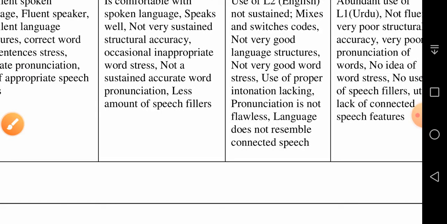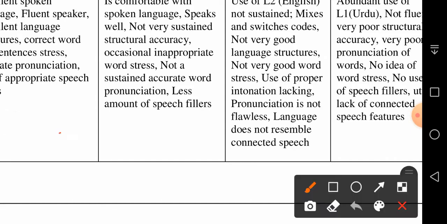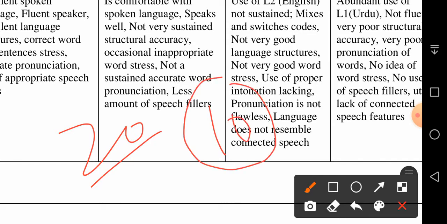Now, if you are investigating teachers' perceptions, your data is the main point of the presentation. If you are given 20 minutes to present, at least 10 minutes should be spent on this part.